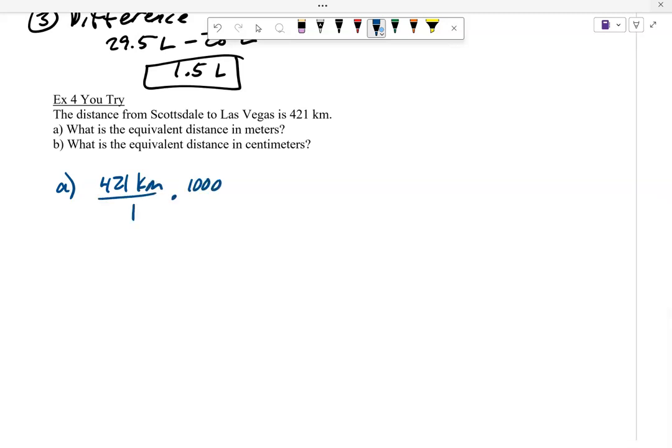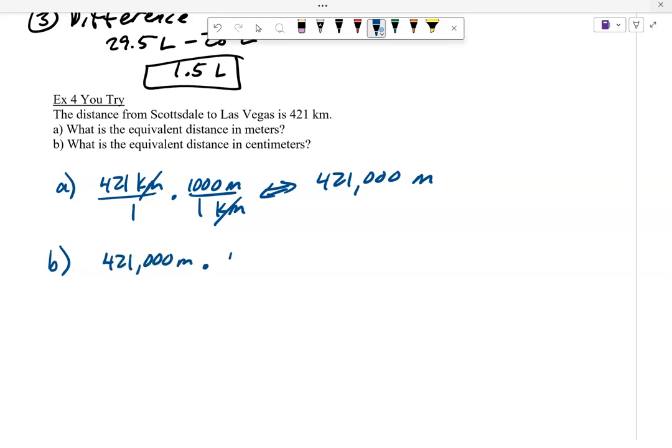We know there's 1,000 meters for every 1 kilometer. So this just ends up being 421,000 meters. And now we want that in centimeters. So we'll take the 421,000 meters, and we know there's 100 centimeters for every 1 meter. So 421,000 times 100